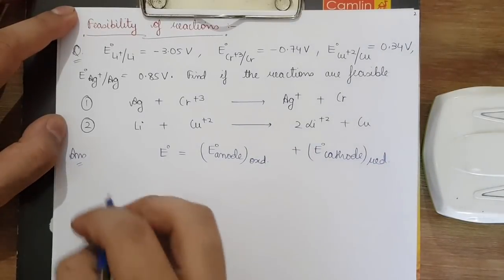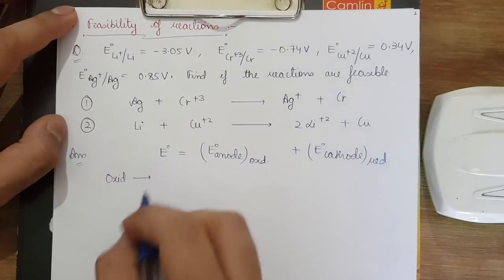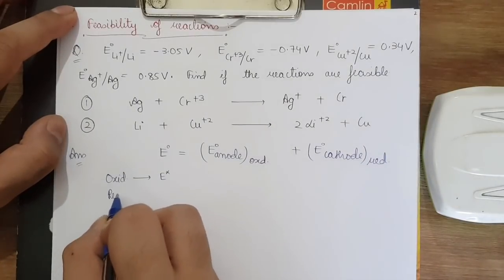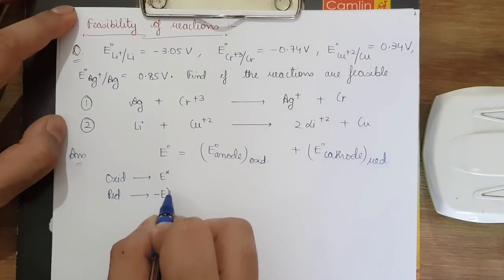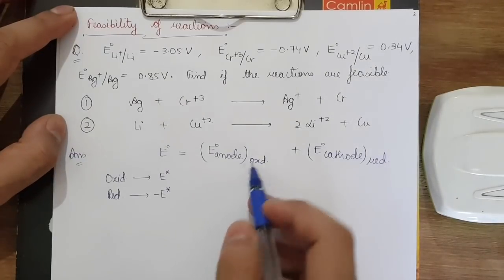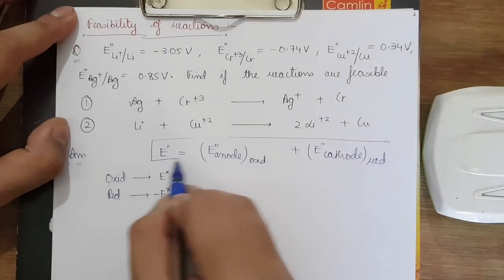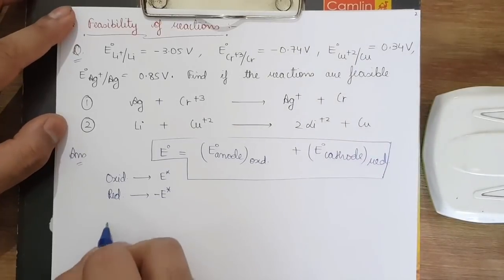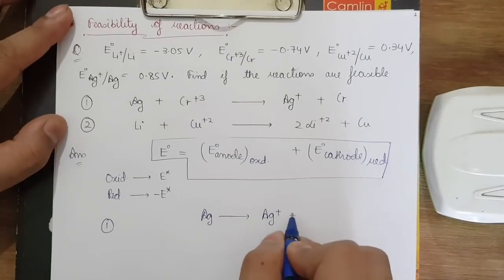Now what I mean to say here is that if we have a particular reaction which has oxidation occurring with E to be some E star, then for that same reaction, that is the reverse reaction, when reduction is occurring, it would become minus E star. So don't get confused. Whenever oxidation is occurring at the anode, we take this one, and for the cathode we take this one. So this is the general formula used for deriving any E or E naught. So the first question is that we have Ag going into Ag+ plus electron, and